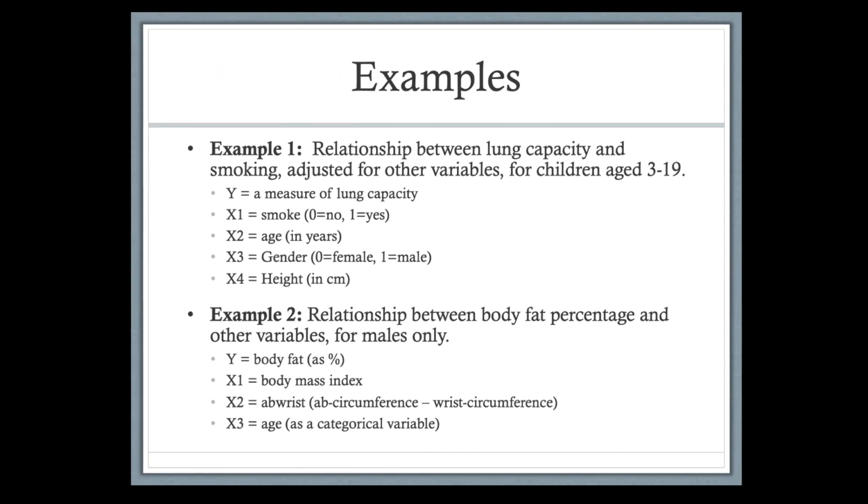A few examples that we've worked with or are going to work with. The first one was looking at the relationship between FEV or lung capacity and x1 being smoking, yes or no. And we may want to include other variables like the child's age, their biological sex, and their height. The second example we're going to talk about a little bit in this discussion is looking at the relationship between body fat percentage, so the y variable is body fat percentage, and trying to estimate body fat percentage using BMI, ab wrist circumference, which is the ab circumference minus the wrist circumference, as well as the age categorized into age